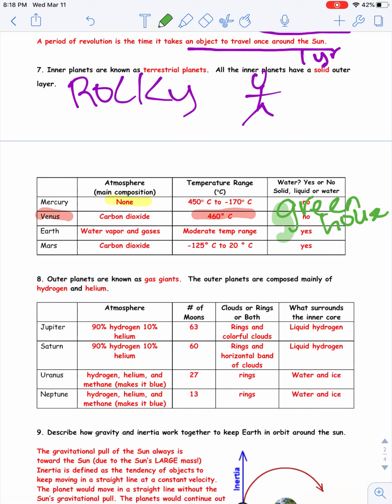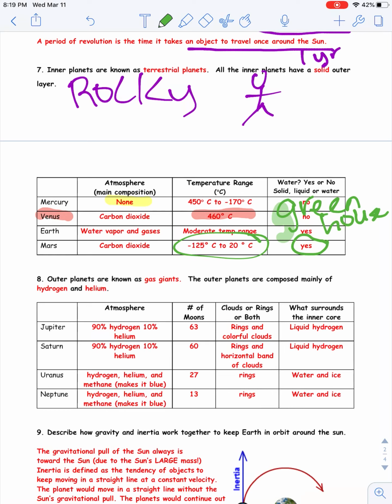Way too hot. Okay, we've got Mars, who also has a carbon dioxide atmosphere, not as extreme when it comes to its temperature ranges, and it does have water. It would be in a solid form. Maybe in our poles they have frozen water. So that is one of the areas they're looking at for a possible second planet to live on, because